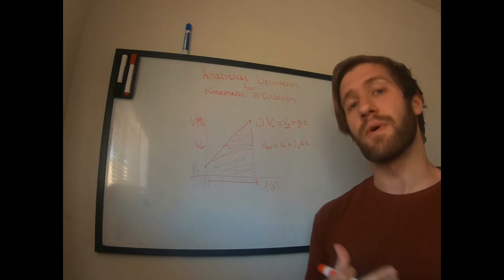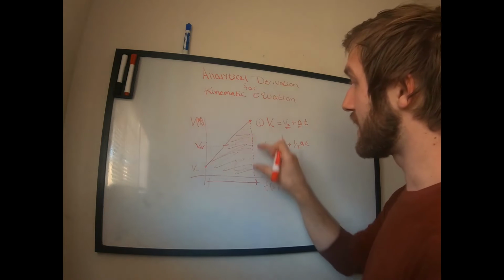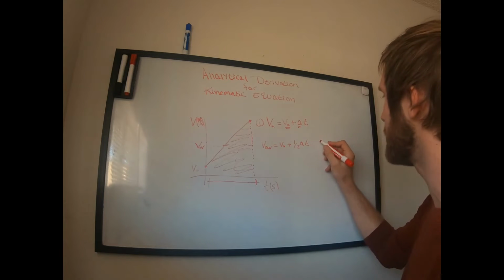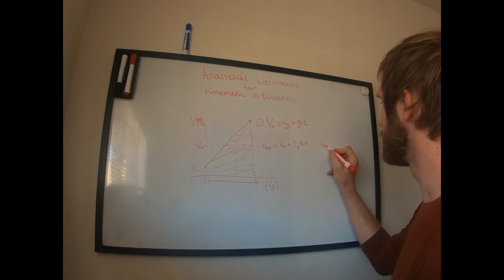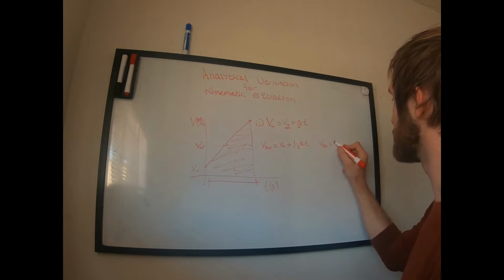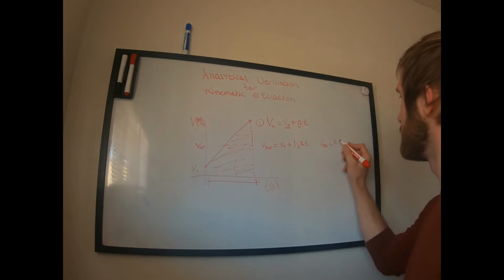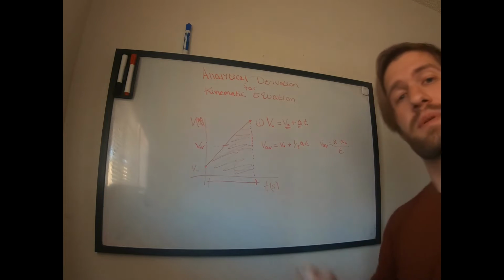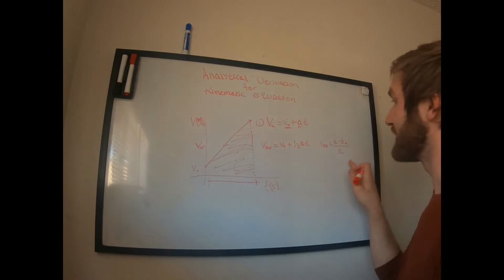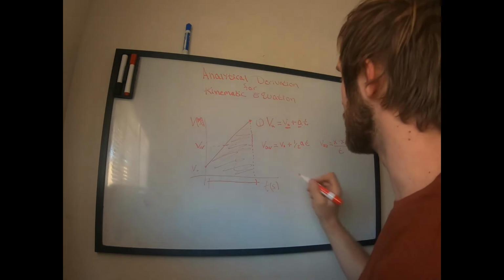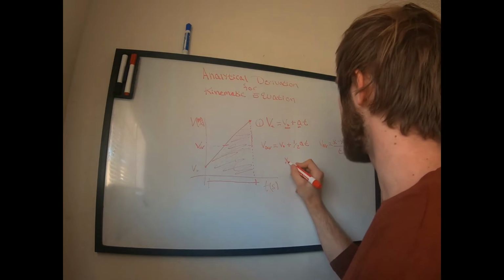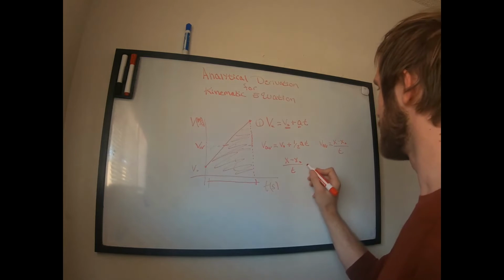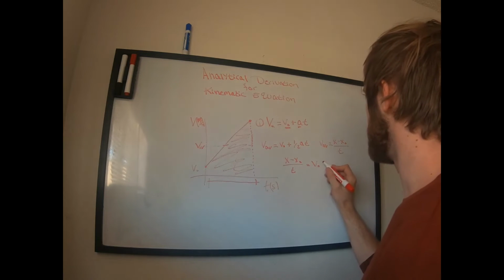And as I mentioned before, the area underneath the curve represents the total distance covered. So we're going to have v average equal to some final position minus some initial position over the elapsed amount of time. Now what we can do here is just plug in this value to our equation, and we're going to have (x - x naught)/t equals v naught plus 1/2